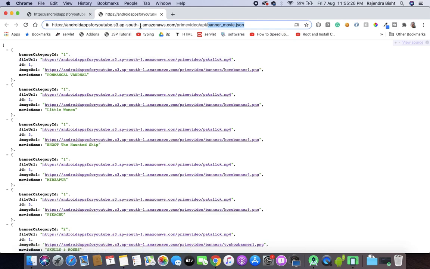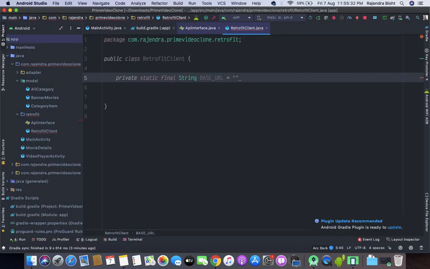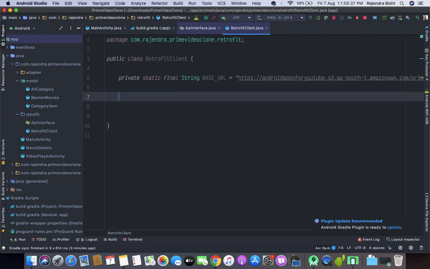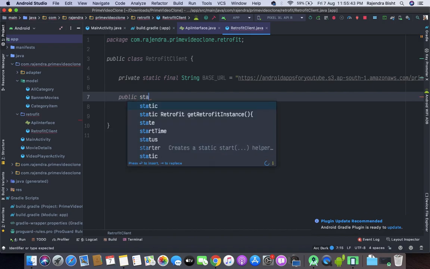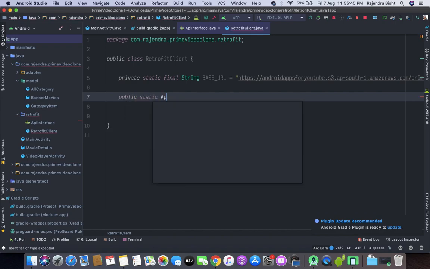So this is our base URL. Then I will create a method, public static API interface getRetrofitClient.